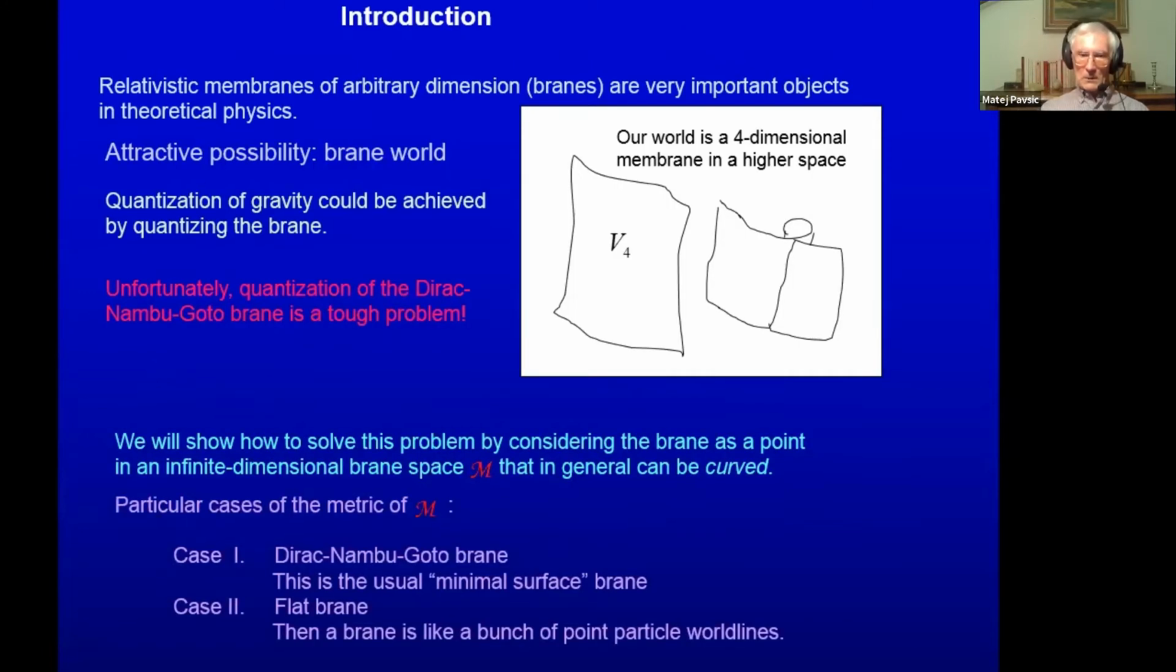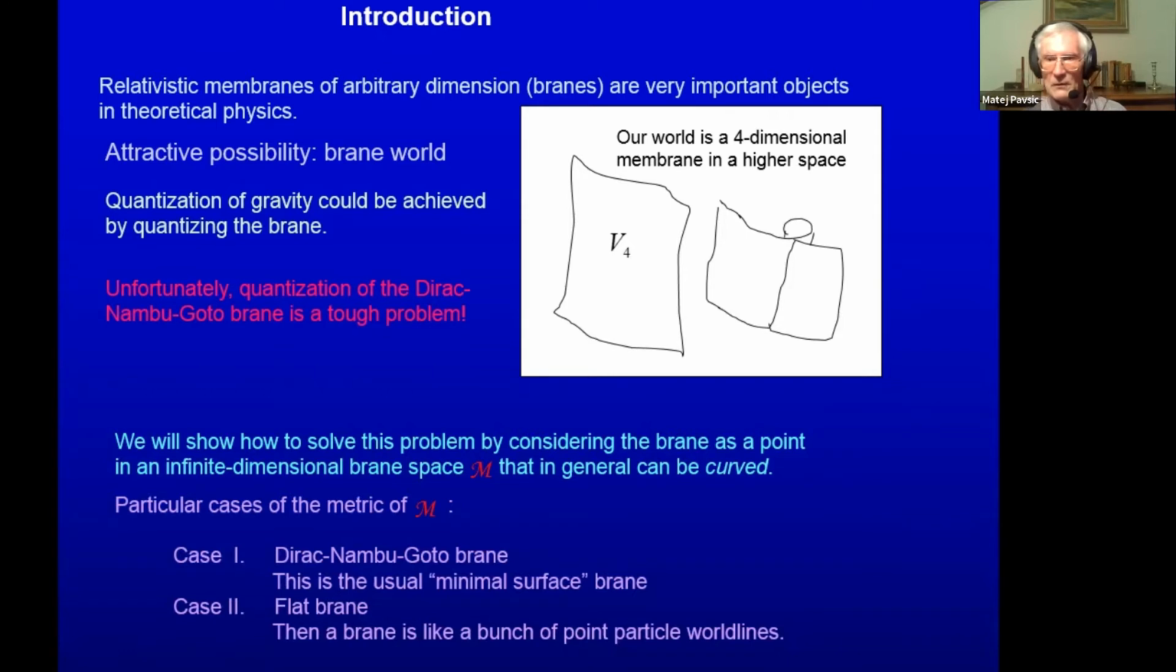So, introduction. Relativistic membranes of arbitrary dimension, usually called branes, are very important objects in theoretical physics. An attractive possibility is the Braneworld scenario, according to which our world is a four-dimensional brane in a higher dimensional space. So a four-dimensional membrane in higher dimensional space. So here are examples of two such possible branes. Especially interesting is the possibility that the brane